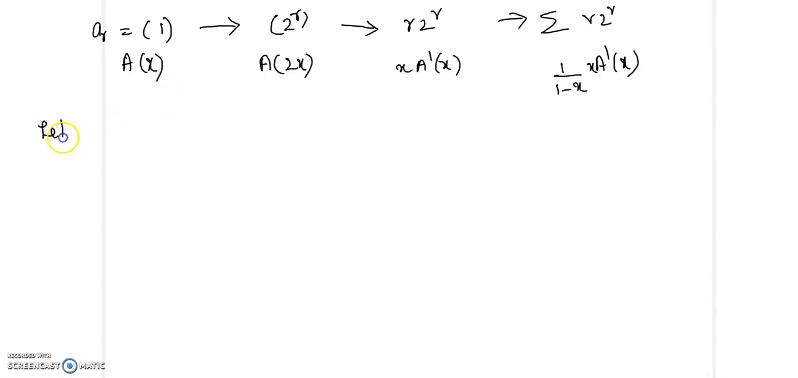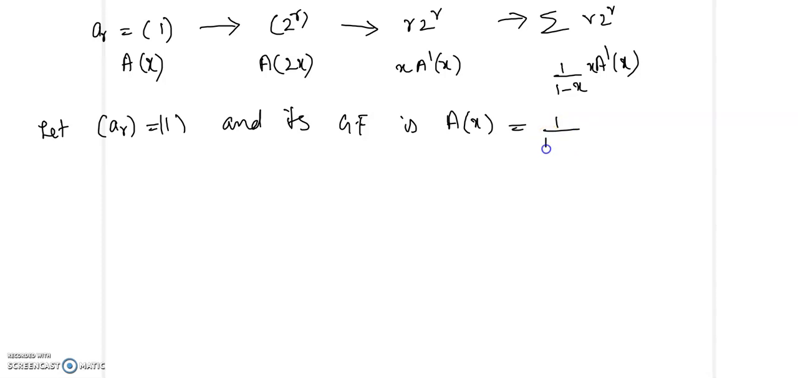So let a r equal to 1 and its generating function is A of x equal to 1 by 1 minus x. So that is equal to summation r equal to 0 to infinity x power r. Then